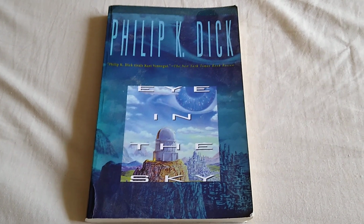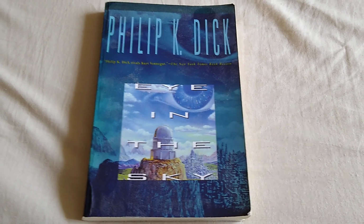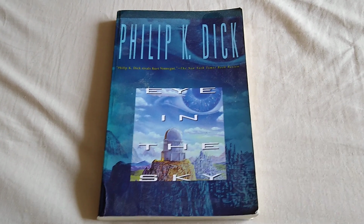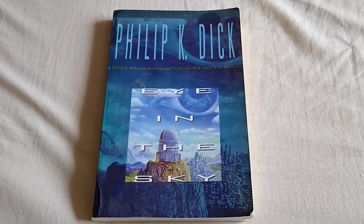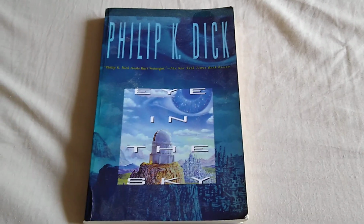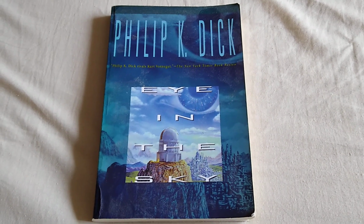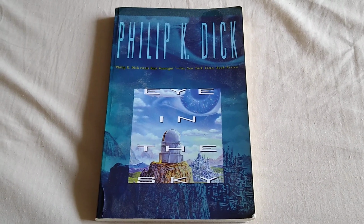This particular book, The Eye in the Sky, deals with a group of people who, through a scientific accident, find themselves drifting in and out of each other's dreams and reality. It sounds more like a fantasy book, but it actually isn't. It is science fiction, and as an introduction to Philip K. Dick's work, I think you'd enjoy it. This book, I think, is still available in print, and you can get it on Amazon. So yeah, Eye in the Sky, a very clever book about different realities